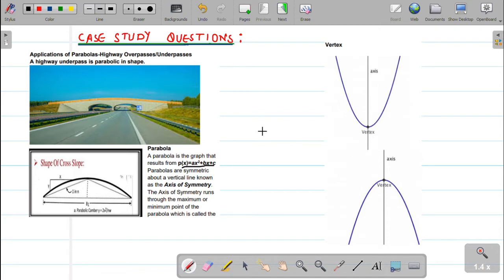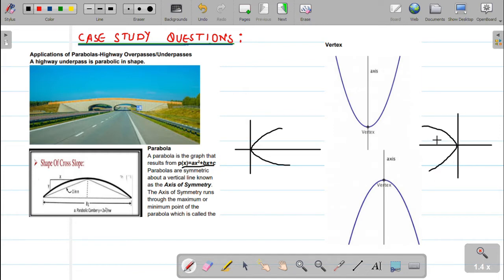You do have shapes like this also. We do have parabolic shapes like this also. You will do these in grade 11 in detail, one like this and another one like this. So for different quadratic functions, we have different kinds of parabola shapes, but you will see that they are all symmetric about one line. This point is the vertex, so they are parabolic shapes.